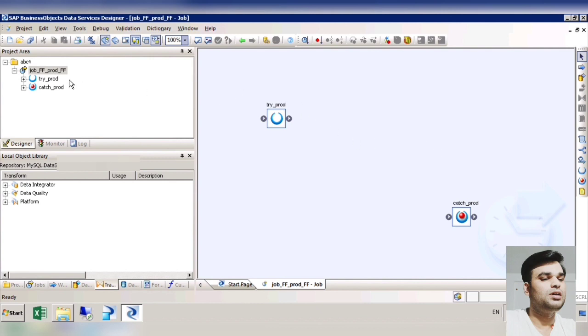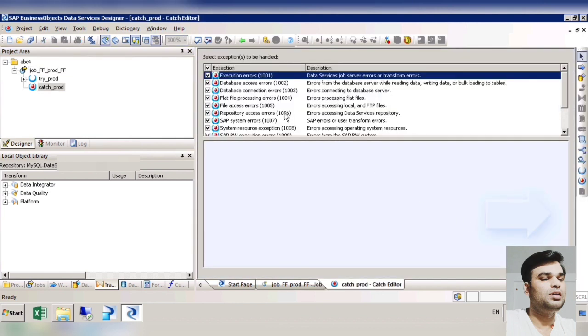So this is the job. When I click on this plus button, all the objects present in the job will be visible here. If I double click on catch, you have some predefined exceptions. Based on these, the job will fail and catch these exceptions.